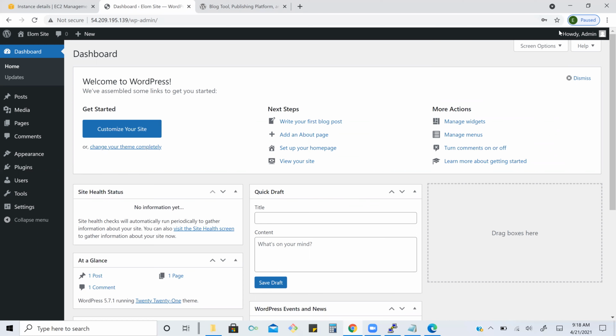Here you have an option to create your website. The first option, get started. You can customize your site, create a website, create pages, and create blogs. After the project is done, the user can do everything. Say, for example, you are a user and you want to create your own site within this WordPress. You can log in and create your own site. That's it. Clear?